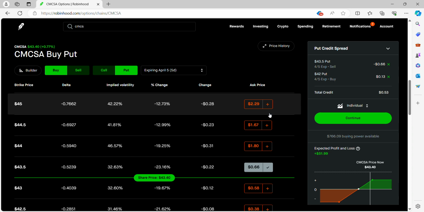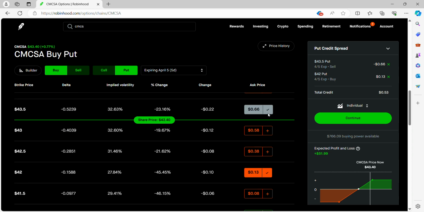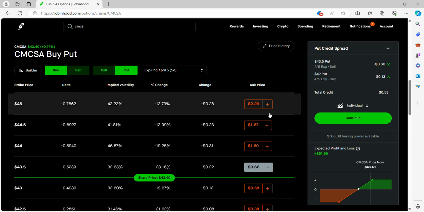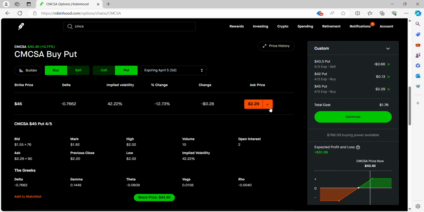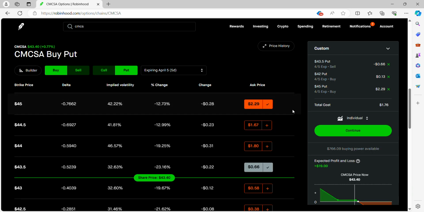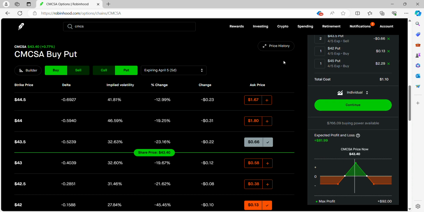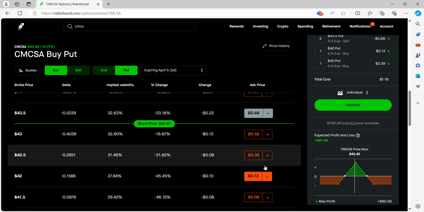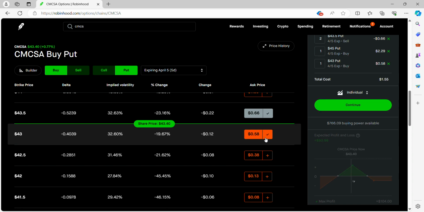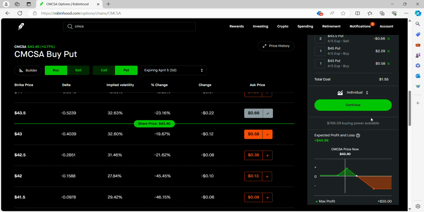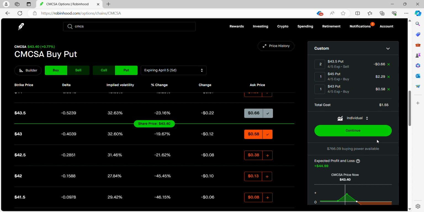This was a $1.50 difference. Two strikes, yeah. Customize it. So butterflies, and then we always have our broken wing butterfly here. Okay, so those are the four main strategies that I use